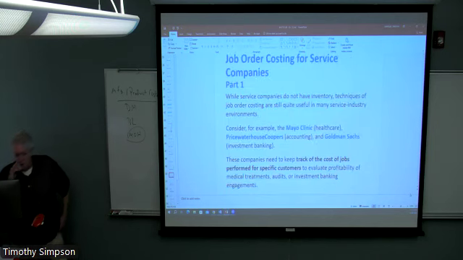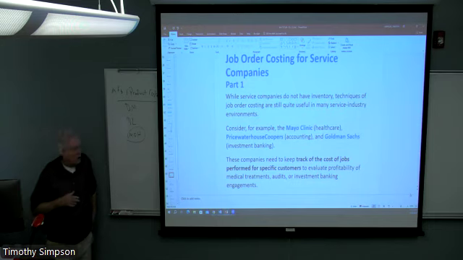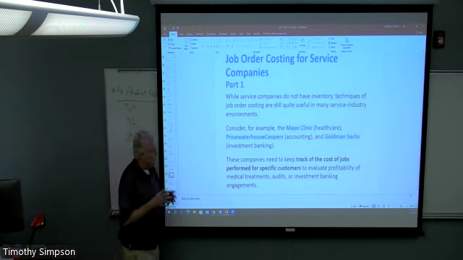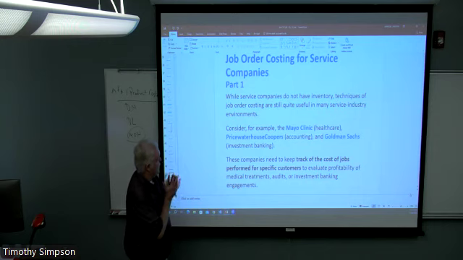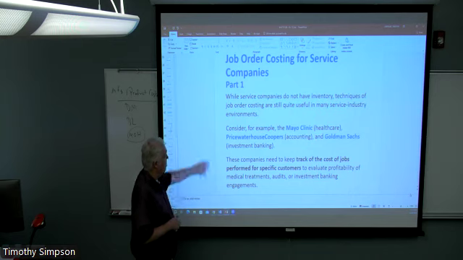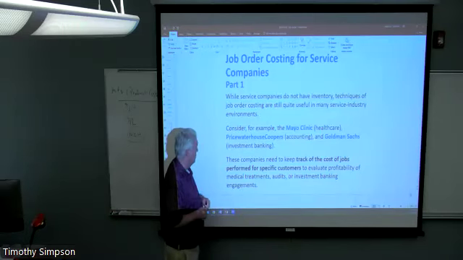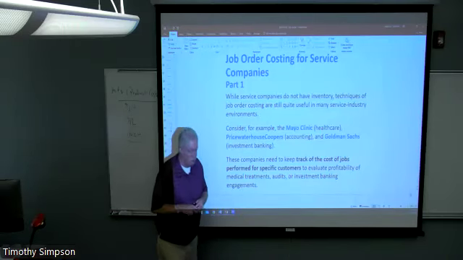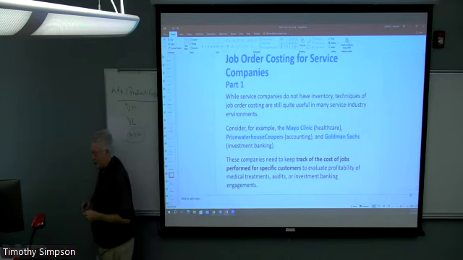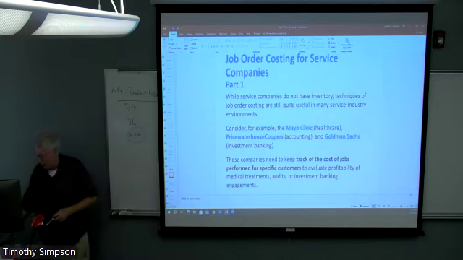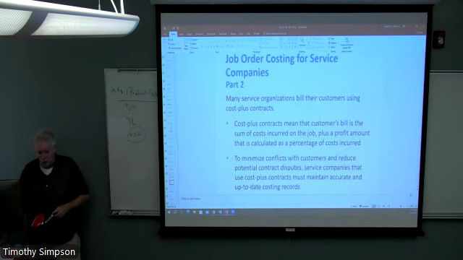There's some information here about job costing, and we've said this before. In fact, we've made note of the fact that a lot of what we do in managerial accounting, even though it has a manufacturing orientation, can also apply to service companies as well. Some examples of companies that might use these, and very often labor might be the driver being used, so it is applicable to service industries, whether it's finance or healthcare or motion pictures.